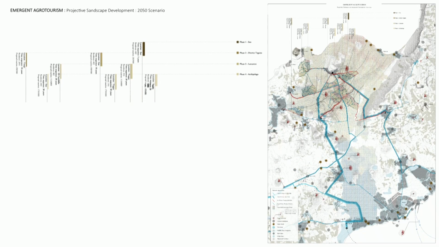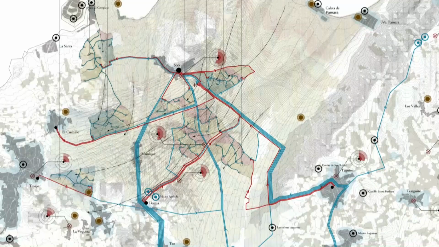Then we replicated this simulation to see how it would work in a certain projective scenario. For example, we take this module as a prototype for the whole corridor of sand and place it. We have certain areas where it would be viable, and according to the circumstances, like social circumstances and the physical geomorphological attributes of that area, it can be adapted to similar design principles and policies and replicated over the landscape in different phases.